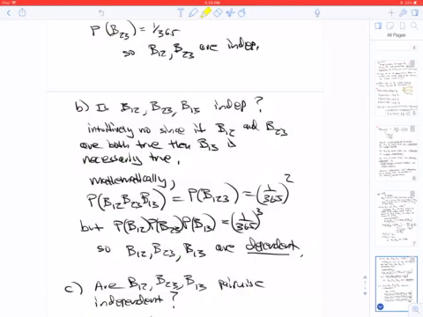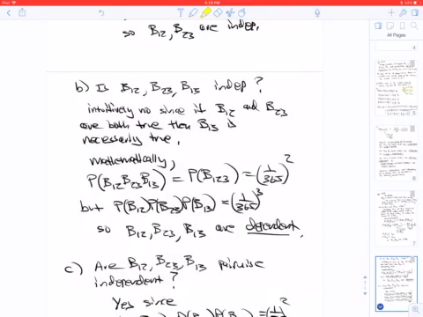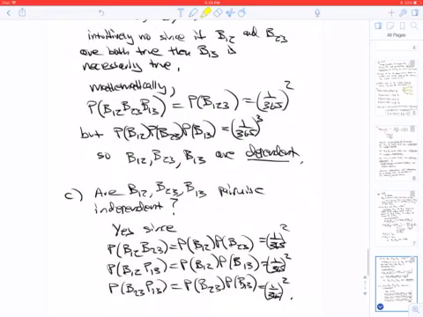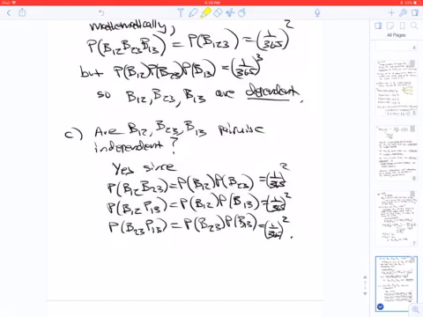So is B12, B23, and B13 independent? I don't think so. If person 1 and person 2 have the same birthday, and person 2 and person 3 have the same birthday, then necessarily person 1 and person 3 have the same birthday. So we don't have independence between these three events. Mathematically, you can see that we don't get the multiplication rule to work out like we need it to. So these are dependent. And finally, pairwise independence is